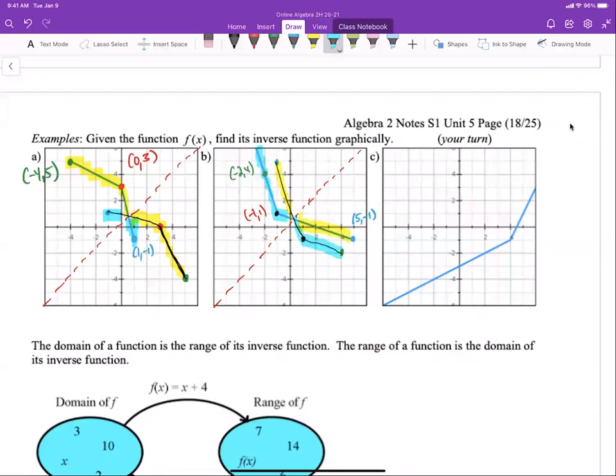Okay, and we can also, again, see that it is reflected across my y equals x line. I'm going to make this a little bit clearer. There we go. All right. Why don't you try one yourself? Pause the video and